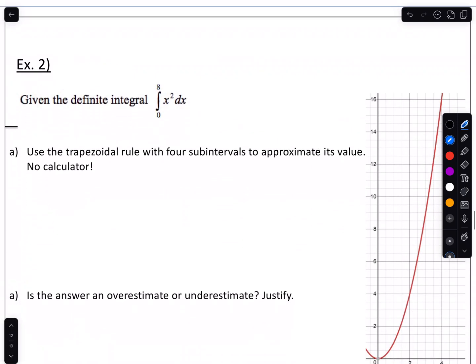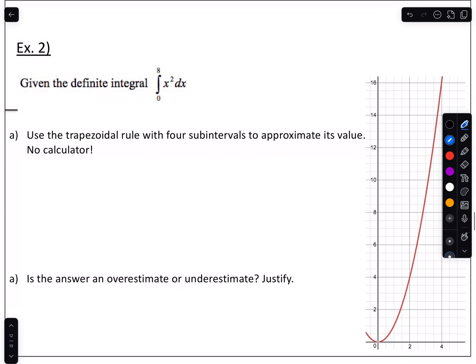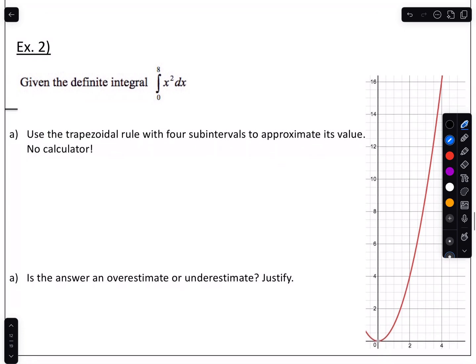In example 2, they give us the integral from 0 to 8, and they ask us to do the trapezoidal rule with 4 subintervals. In this case, 4 subintervals, you can think about that as like 4 trapezoids. So subintervals just means how you're breaking up the entire region. I'm breaking it up into 4 pieces, into 4 trapezoids. No calculator. And then we'll draw a little bit of a picture so you can kind of see what's happening